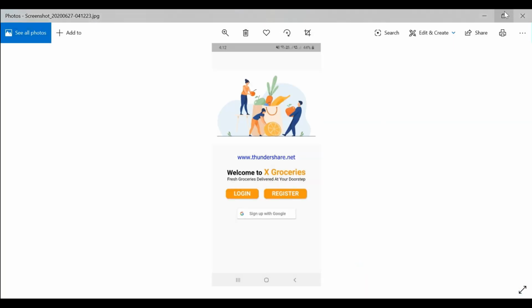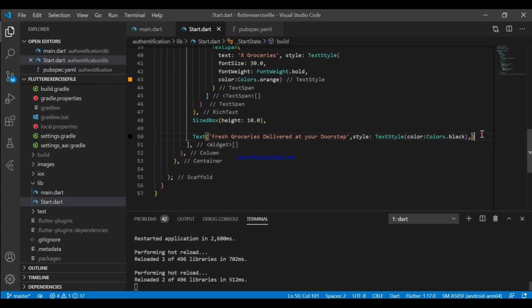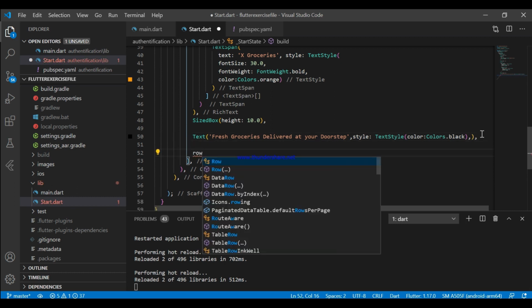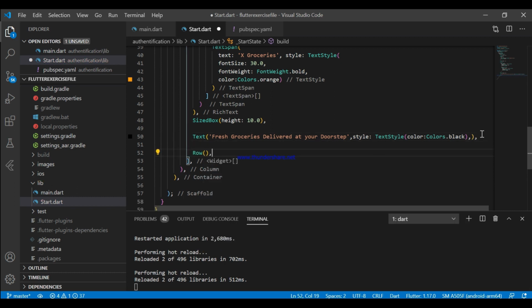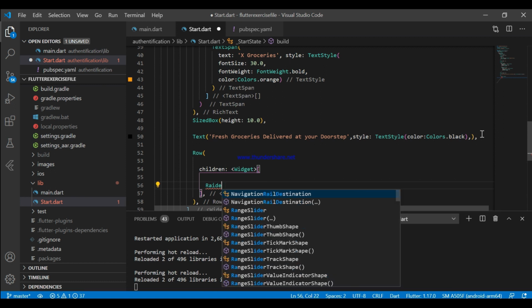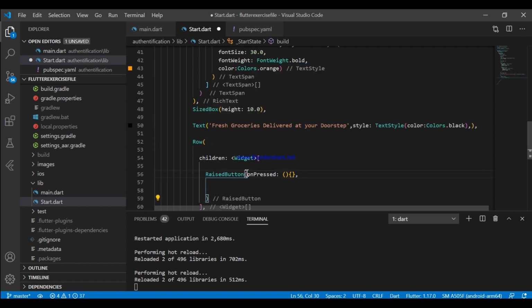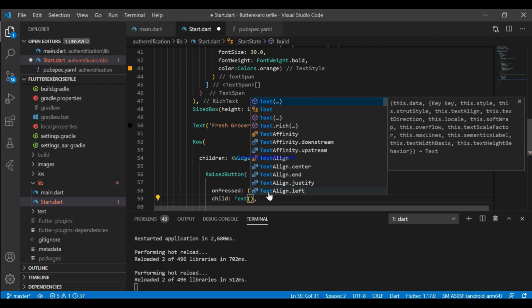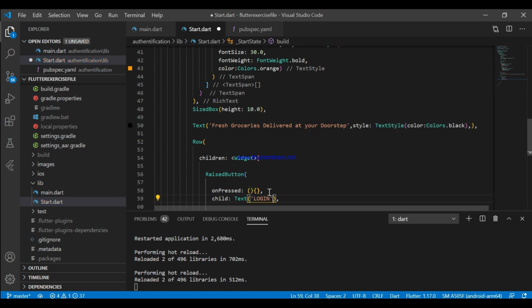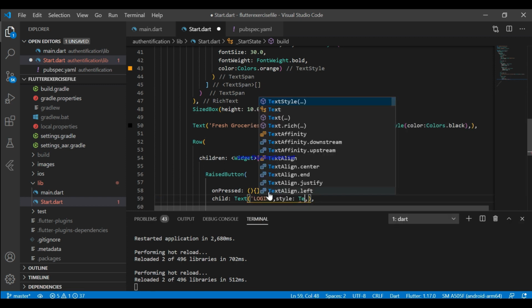For raised buttons I'm using a row, because login and register both buttons are placed in a row, that's why I'm using row. I'm going to provide this onPressed functionality later. Okay, and in the text I want Login and also some styling as well.